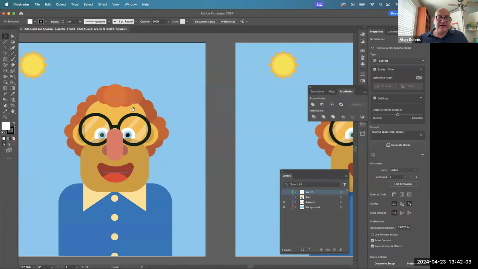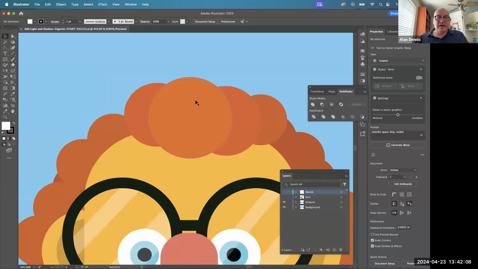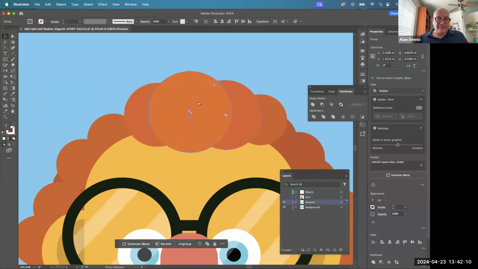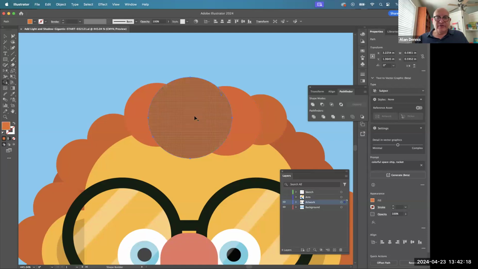I've got this guy here, and how we want to do it is, so this hair here, I want it to have a shadow. And I see I've got a little bit of it already. I demoed this before and I've got a little division going on there. Okay, so what I'm going to do, I have this sphere selected, and I'm going to